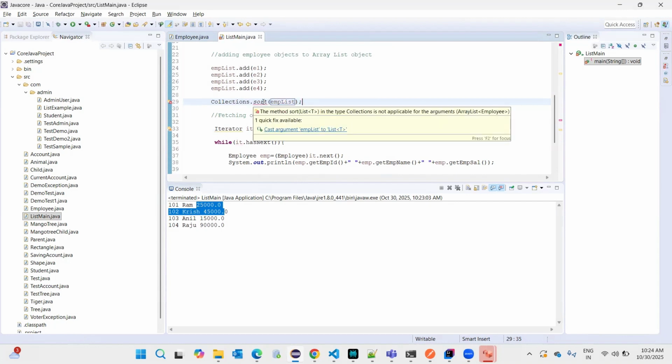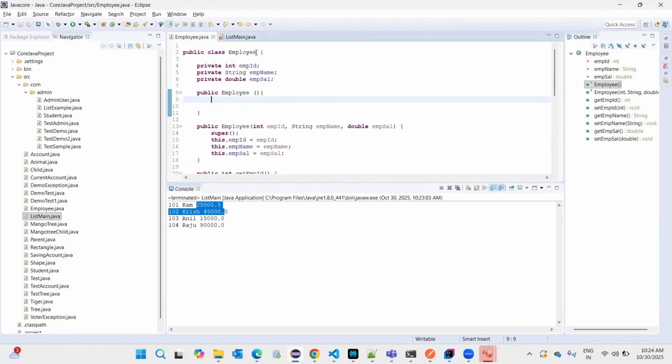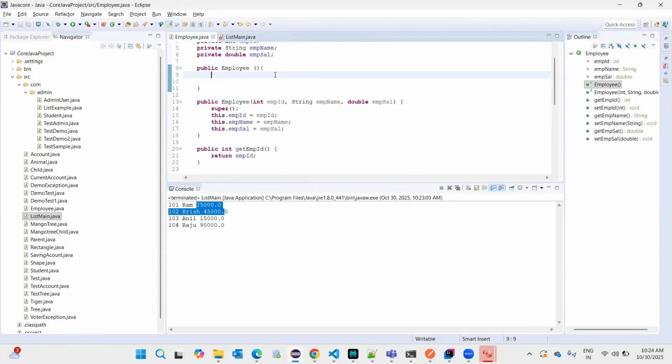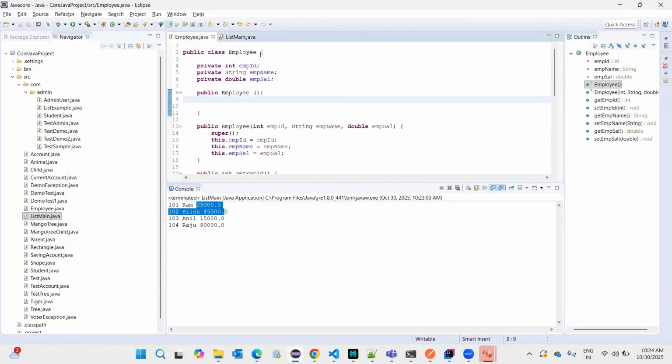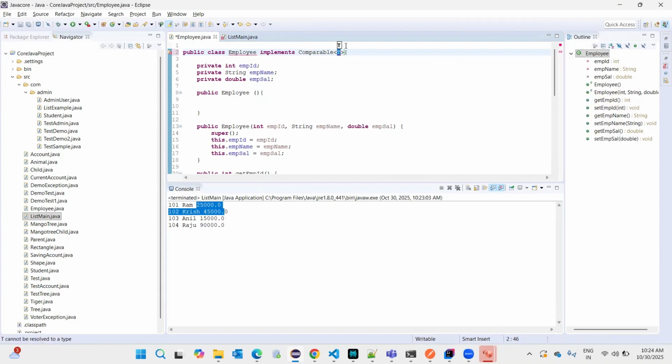You can't use the method sort, the type of collection is not applicable for the arguments. Because your list is of what type? Employee type. This does not implement comparable. If I write implements comparable,